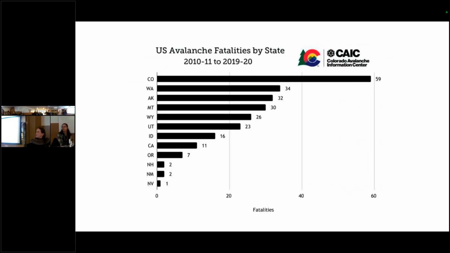By state, Alaska is third, at least in this span of years. And the reason we might be third is because our population isn't as dense as compared to Colorado.